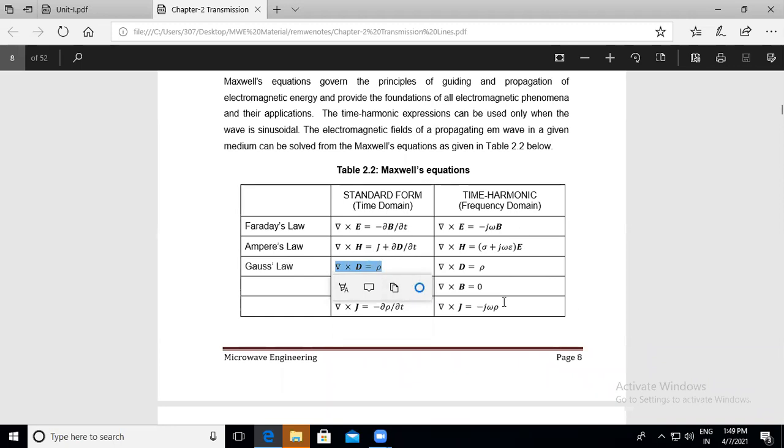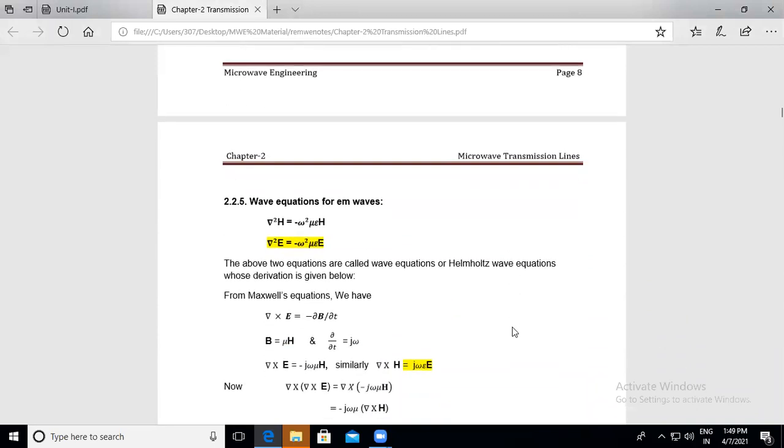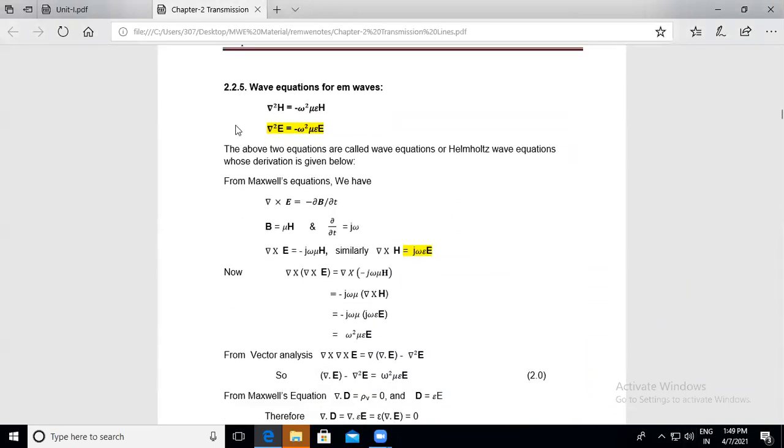This is a small modification you can make, and using this we are going to derive the wave equation for electromagnetic waves for transverse electric. Earlier I did transverse magnetic. Even though transverse magnetic is also in the printed notes, it is somewhat bigger than what I explained. I wrote those notes by referring to different materials and textbooks, so whichever you feel is easier, you can go ahead with that.